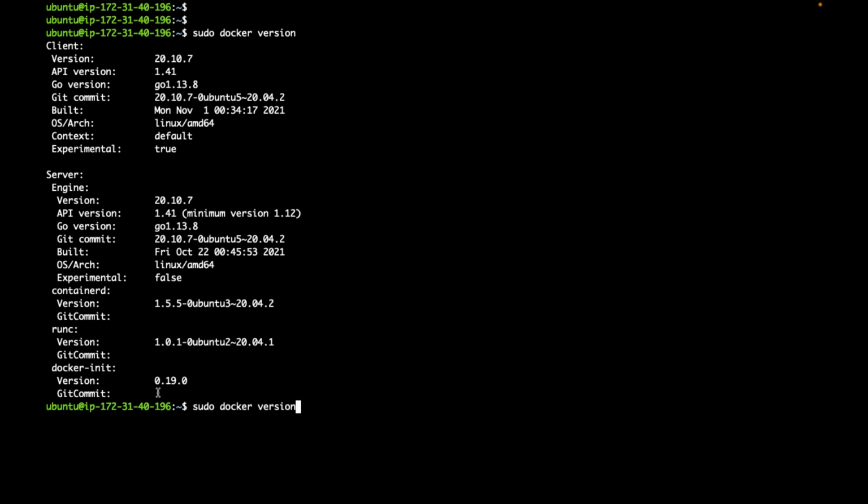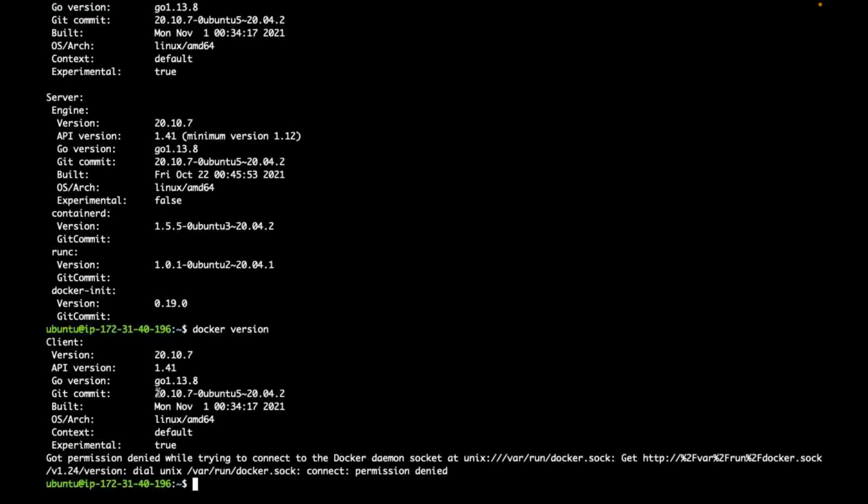If I use sudo, as which user will that command be executed? Root user. But as a normal user, am I getting permission issues? Yes. So how to resolve this one?